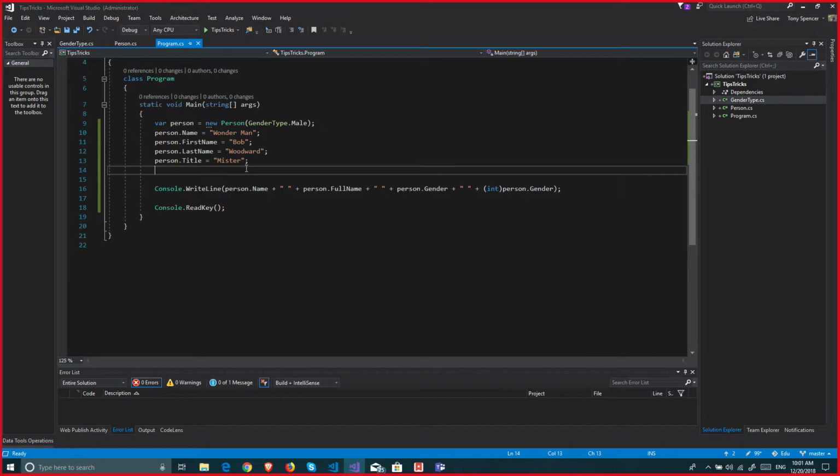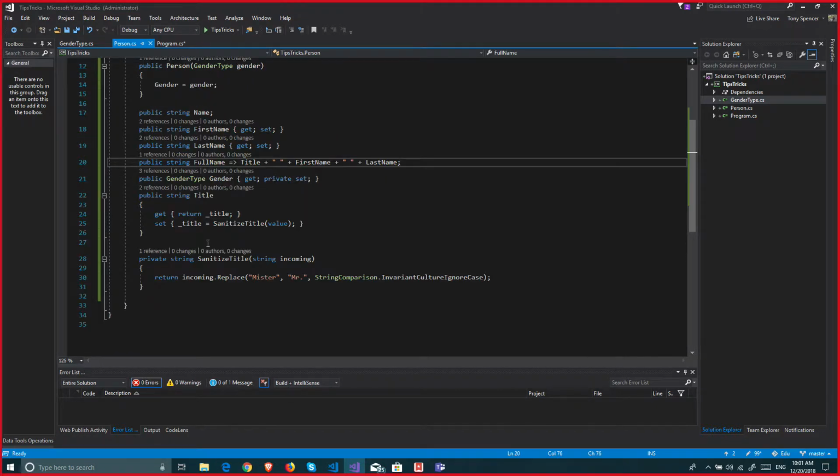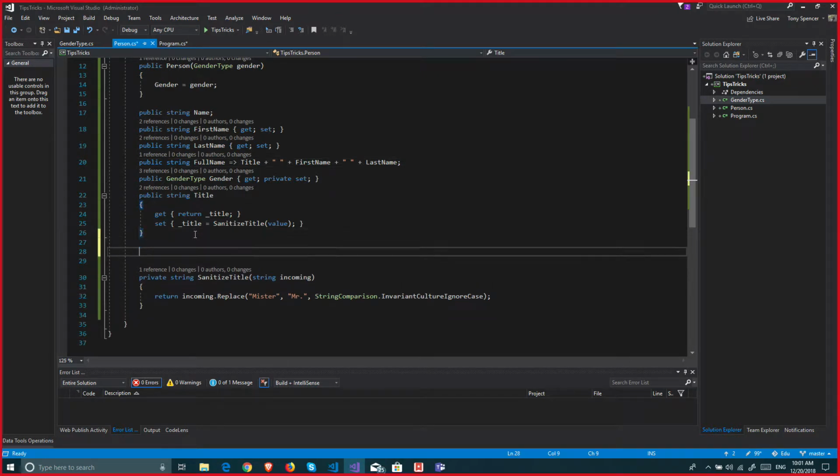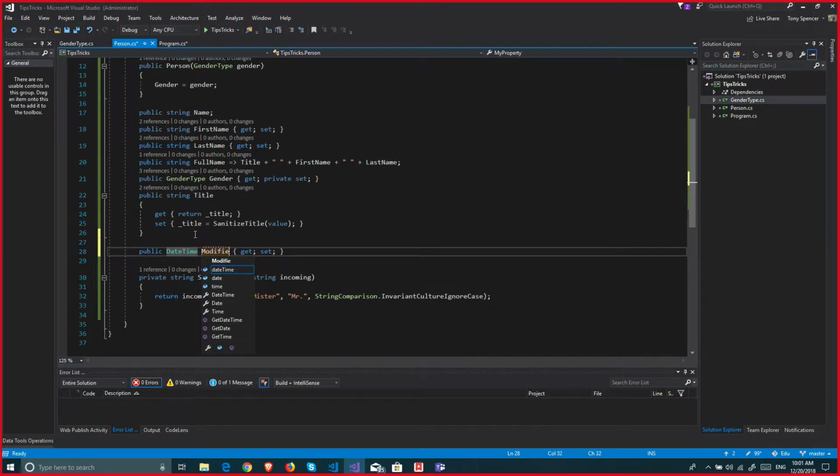So the next thing we want to do here is, actually not there, we want to go here. I'm going to add a couple more properties. And this one's going to be a DateTime, and this one's going to be modified date. And we're going to do a,